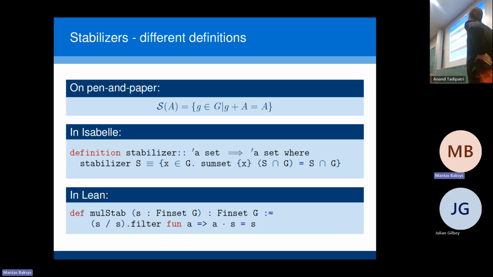Another thing we wanted to talk about that we found was slightly different between the systems is the way we define stabilizers. This is the first concept to show up apart from some sets and different sets. And interestingly, we define this very key object in very different ways in Isabelle and Lean. Upstairs, we can see the pen and paper definition, and the Isabelle definition below is very similar, apart from the fact that some set could be substituted for a sum if we wanted to, and we have an intersection